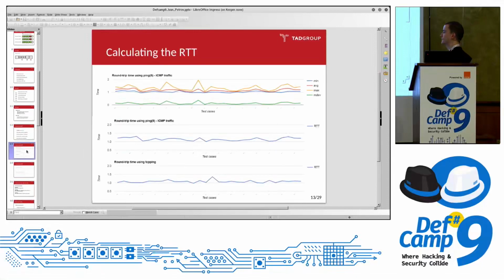Here you can see basic statistics of how round-trip time differs. This is the basic ping request. Those are the 4 criteria: the median deviation, the maximum value, the average value, and the minimum value. As you can see, there's quite a lot of noise here. We can't really figure out what reliable data is hidden within it. And if we just leave out an average value, it doesn't work out as well because one little spike can